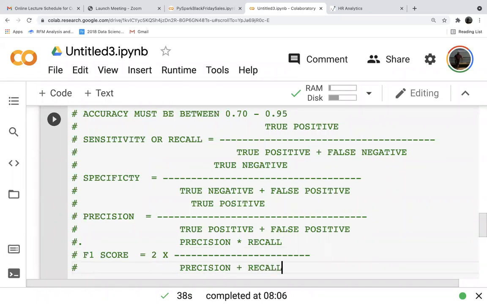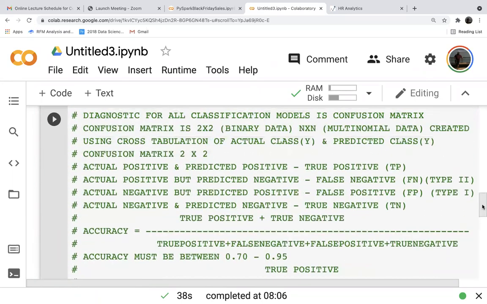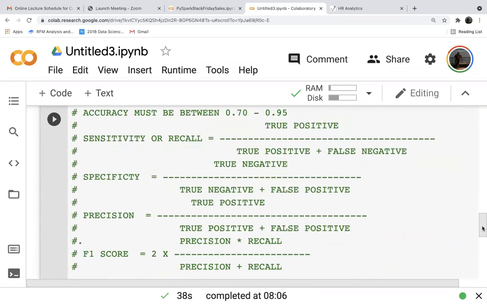So this is your F1 score. This also should be in the range of your accuracy. All right, so these are all the metrics we calculate from your confusion matrix.